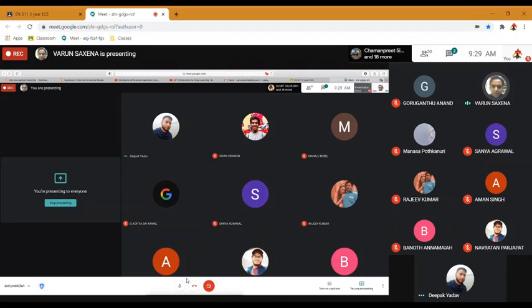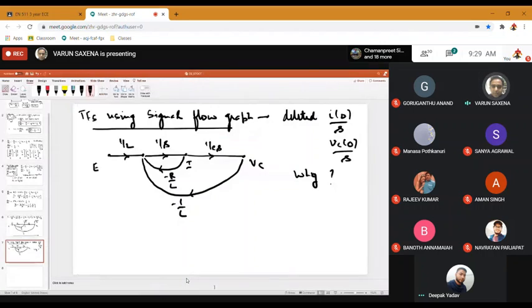So basically the idea is that transfer functions are always evaluated at zero initial conditions. Whenever you evaluate transfer functions, it is the ratio of your output in frequency domain, as Ishan suggested, in S domain, over input in S domain, but all this is when initial conditions are 0, as mentioned by Sanay.